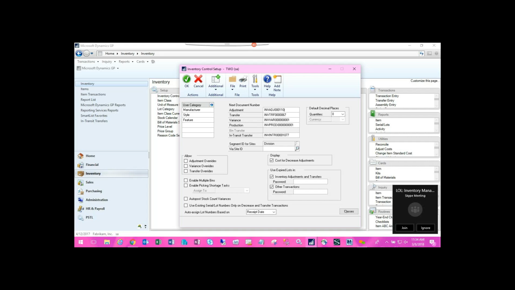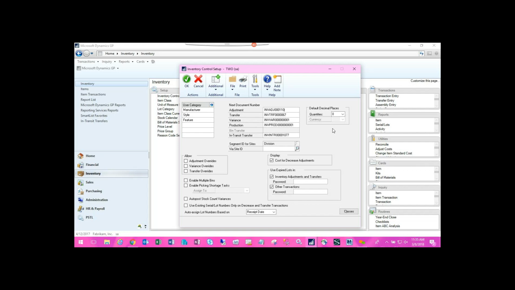Then, on the far right, we have our default decimal places. So what this is saying is, for your quantities, what are the default decimal places you typically will sell your products by or purchase your products by? What that means is, and it is just a default, you can change on individual items how many decimal places you need. You have choices from 0 to 5, but the default is what's just going to do just that,